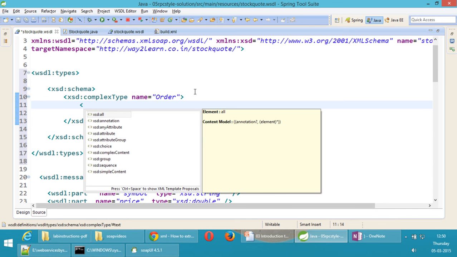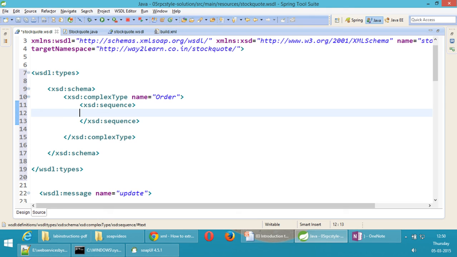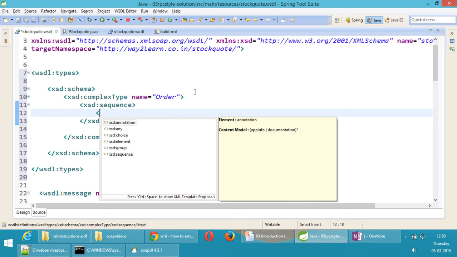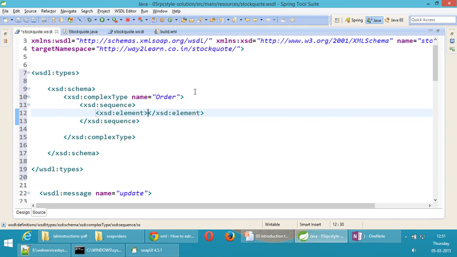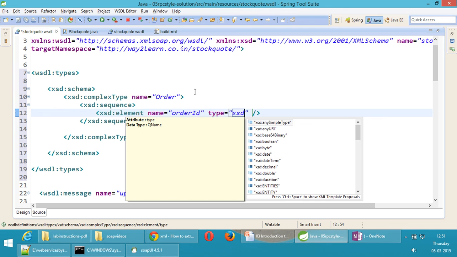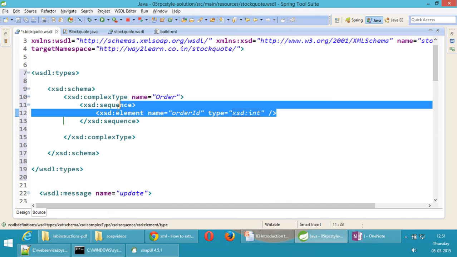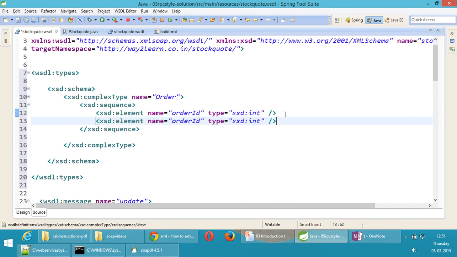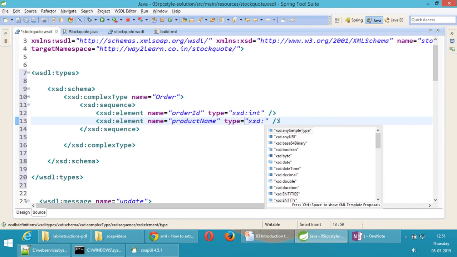Just I'll give some small things, sequence, and I will write XSD colon element, name is equals to order ID, type is equals to XSD colon int, similarly one more tag I will write, product name, and I'll say XSD colon string.